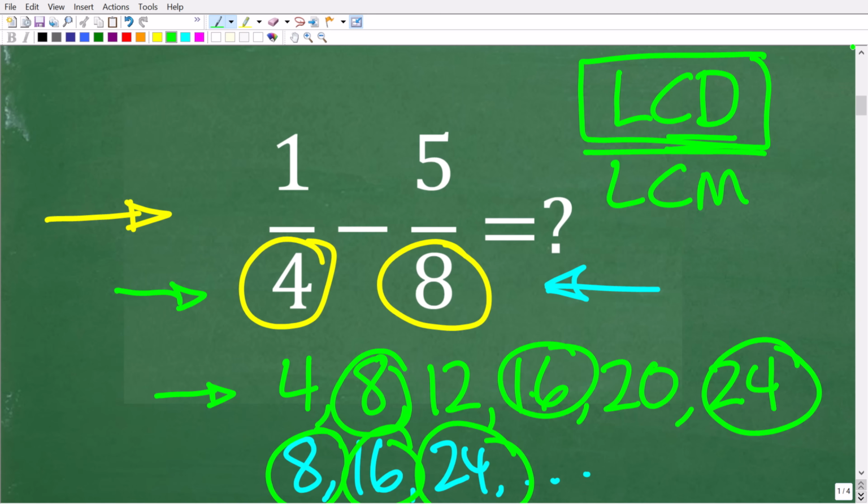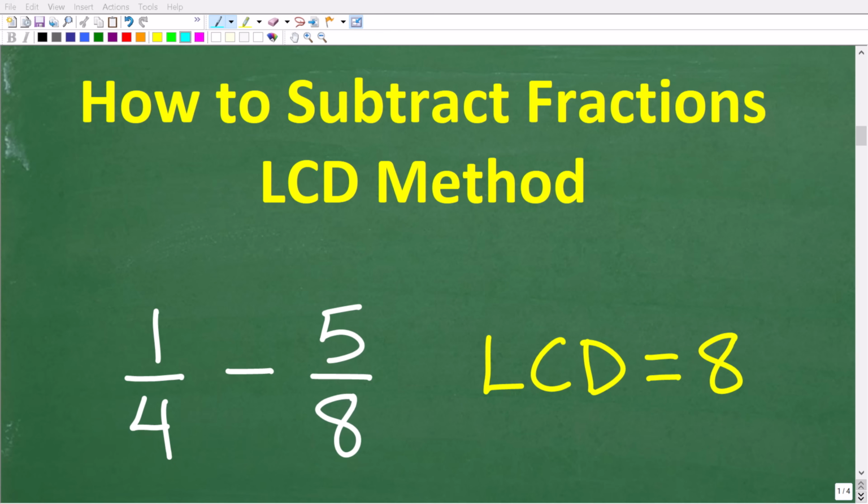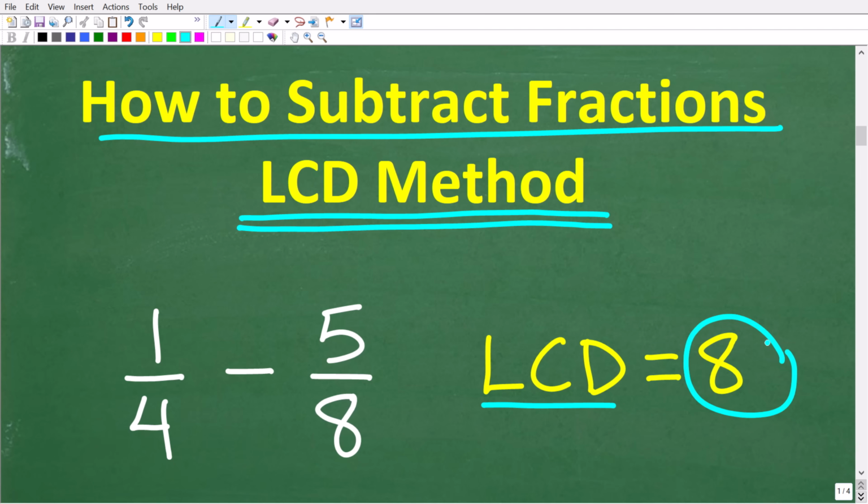But the main idea here is that we need to find the lowest common denominator and then change these fractions in order to do this subtraction problem. All right, so now we're going to talk about how to subtract fractions using the LCD method. And the LCD method is the method where you find the lowest common denominator between your fractions. Now, of course, we know the LCD between these two fractions is 8, but what do we do with this